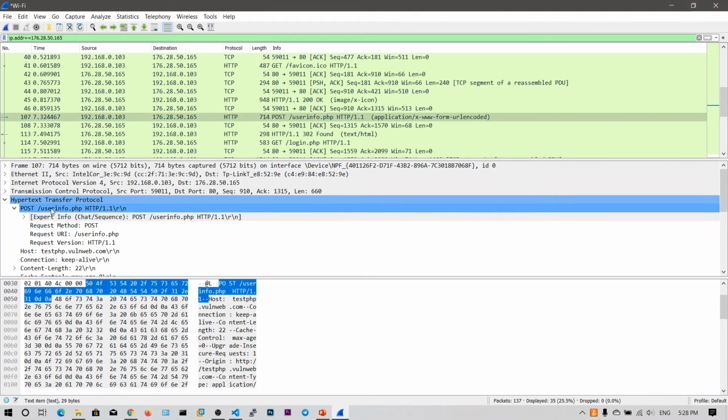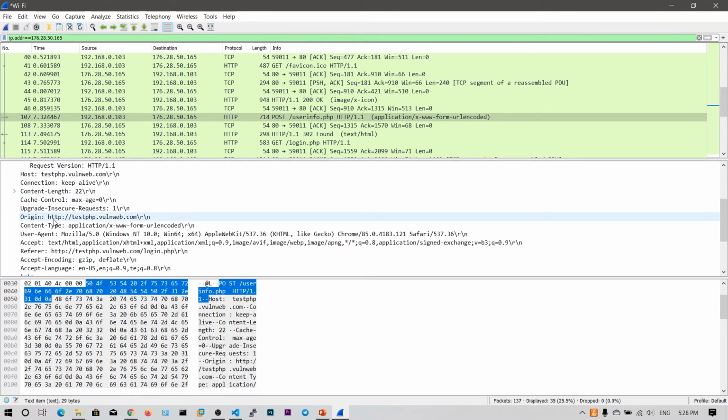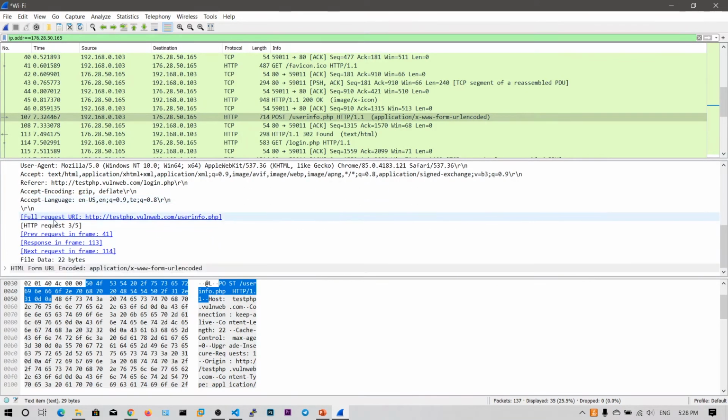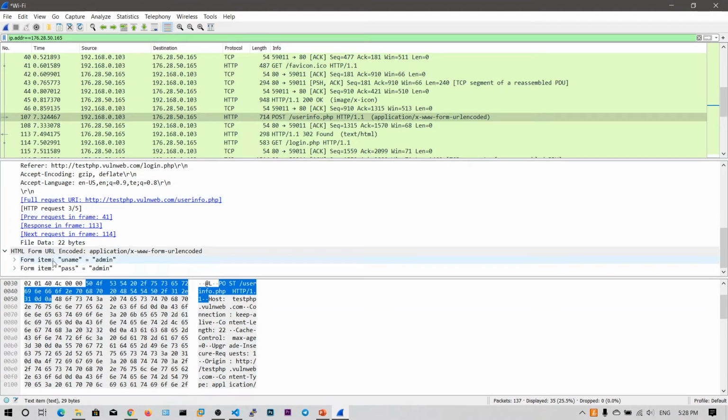So here is the POST to user_info.php, and you can see the username and the password here: HTML form URL-encoded data, with form item uname equal to admin.